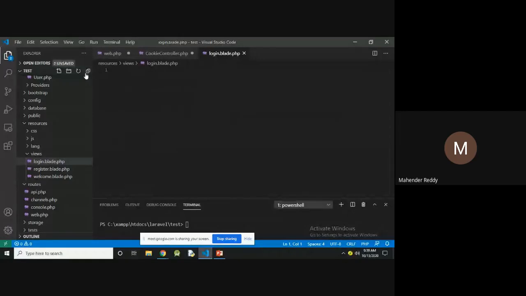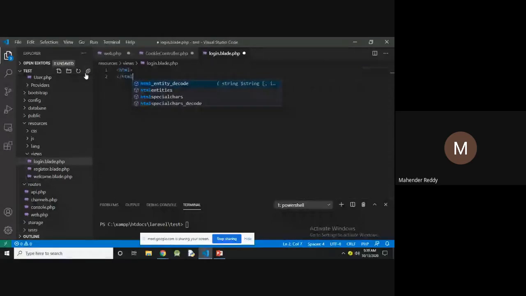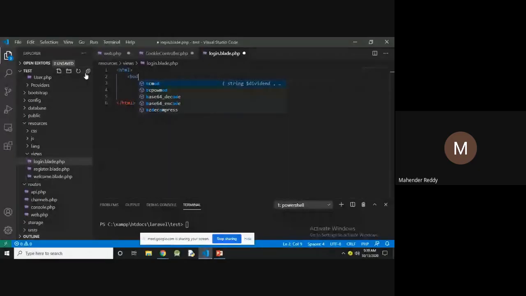Now I'm using the HTML. In that I'm not creating any head, I'm just using the body part.